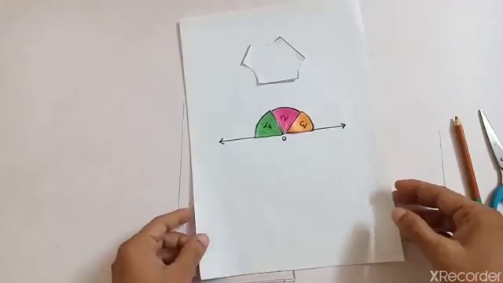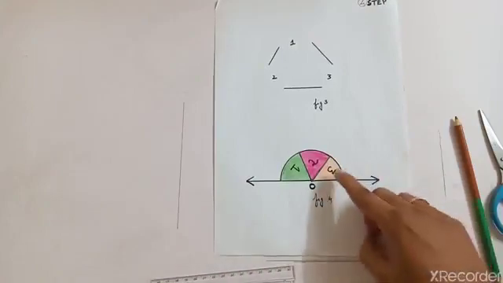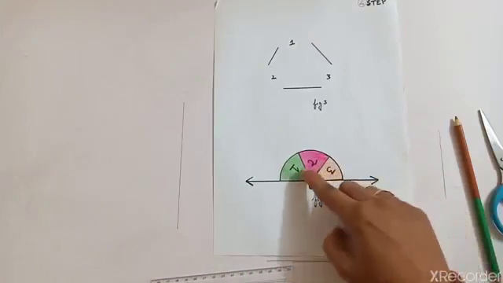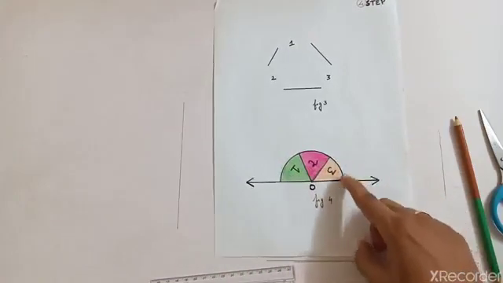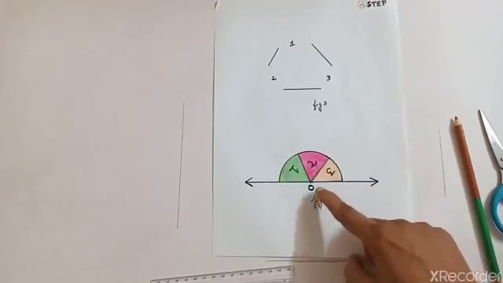Now I have stuck it. I'll show you how it looks. It will look like this. You can see here all these angles are stuck here. Okay, with the help of Fevistick you can stick it, and this is the straight angle. This is the center point O.